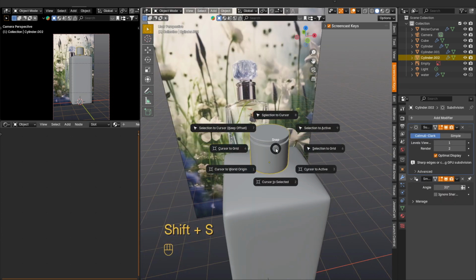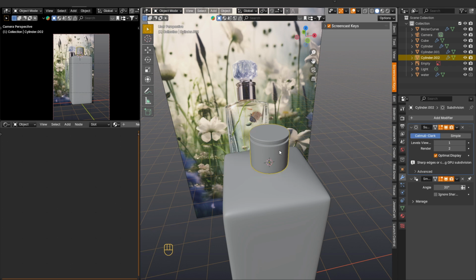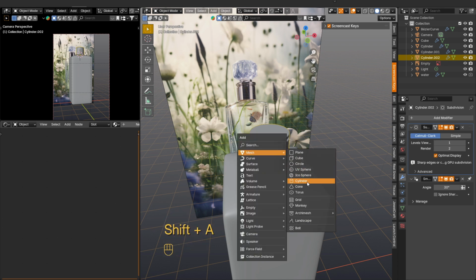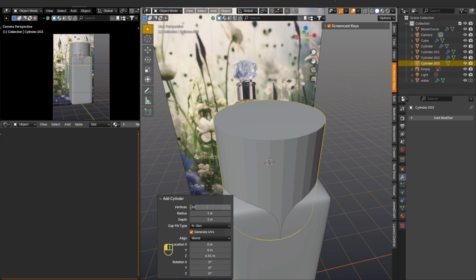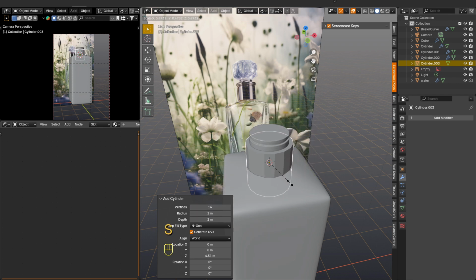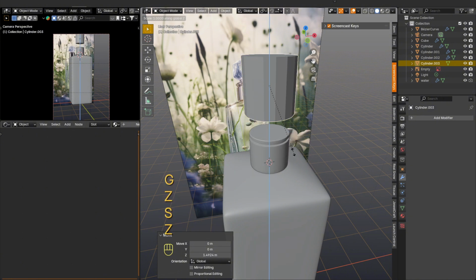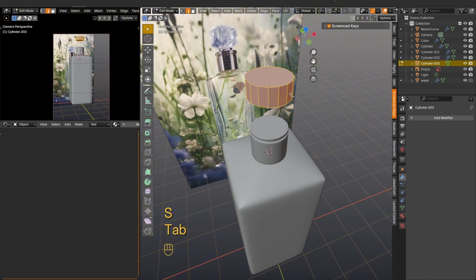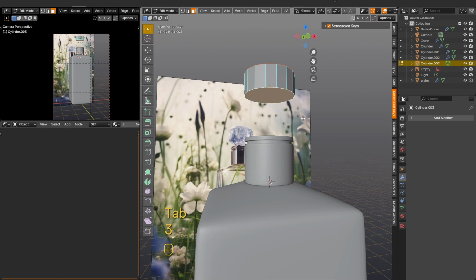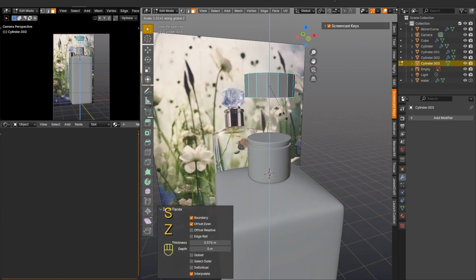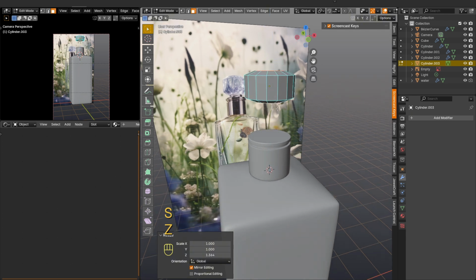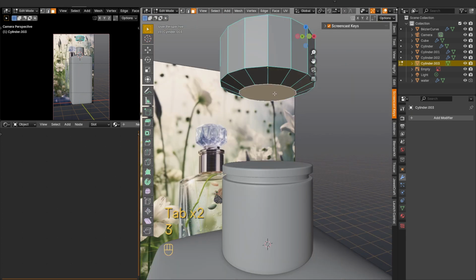Now we can make the top of the cap. Let's move the 3D cursor a little closer for convenience. And add a cylinder to the scene, but now we need to change the number of vertices to 16. Reduce the cylinder in size and in edit mode, select the upper and lower round faces and apply inset to them, after which we need to stretch them along the Z-axis. Now we apply inset again to the lower face and pull the face up along the Z-axis.